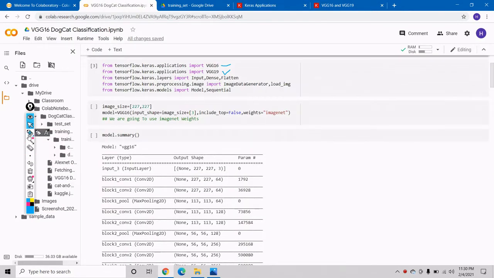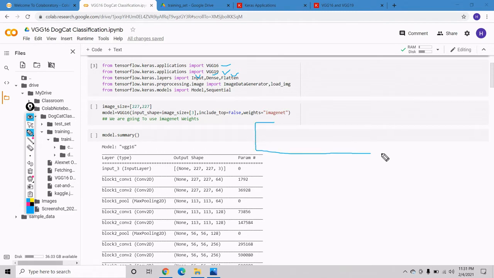After that, we have to import our input layer, hidden layers and flatten layers, because VGG16 is our pre-trained model. Suppose here is our input layer, then the fully connected part, and at last we have our flattening layer, a dense layer and our output layer.